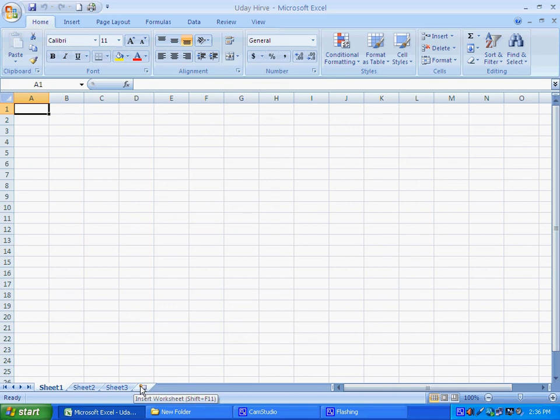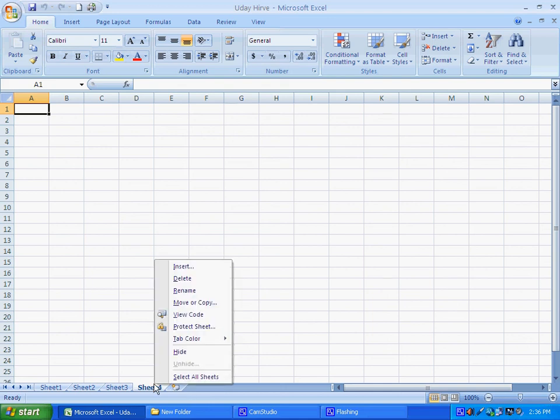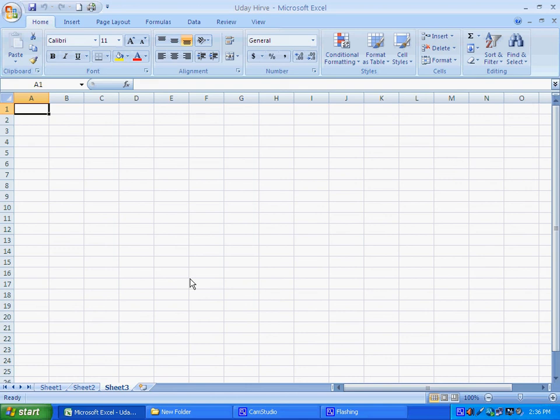If you click on Insert Worksheet, Sheet 4 is included. Similarly, if you right click on a sheet and click on Delete, your sheet can be deleted. So this whole Uday Hirve workbook has Sheet 1, Sheet 2 and Sheet 3.